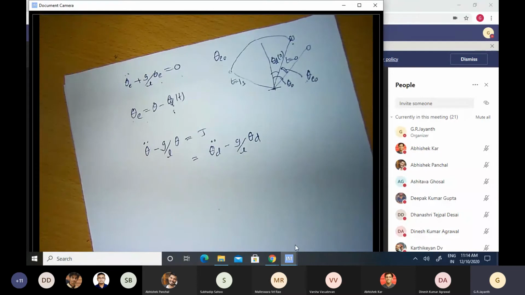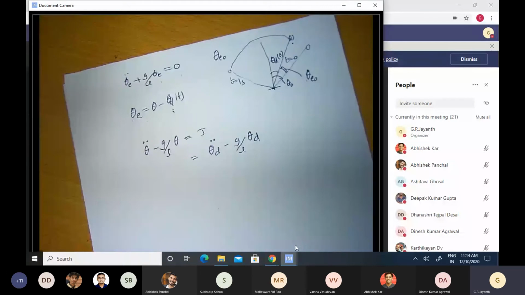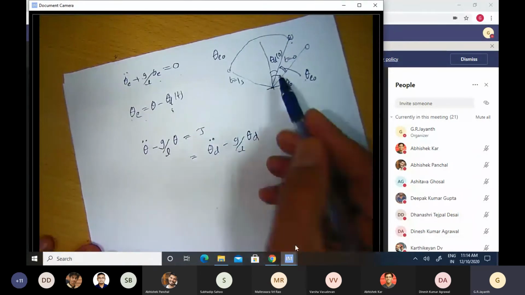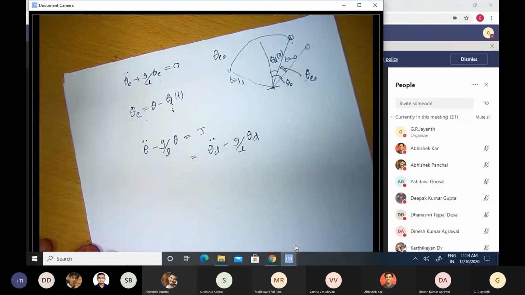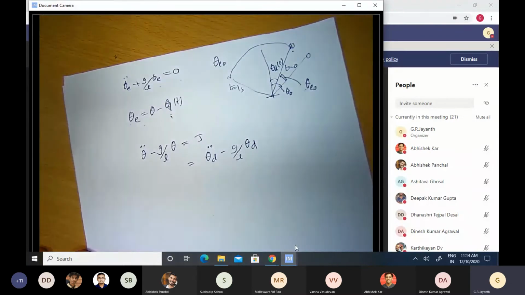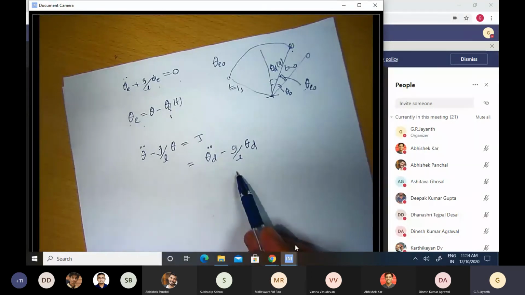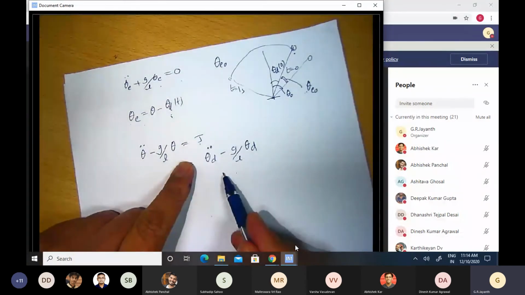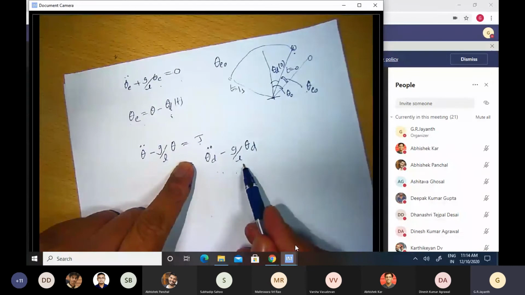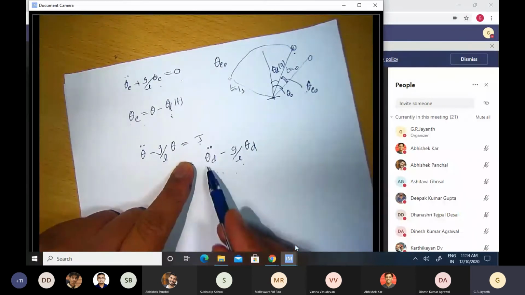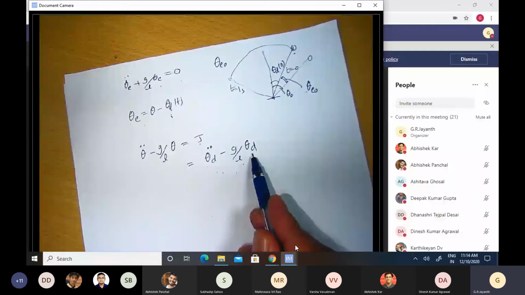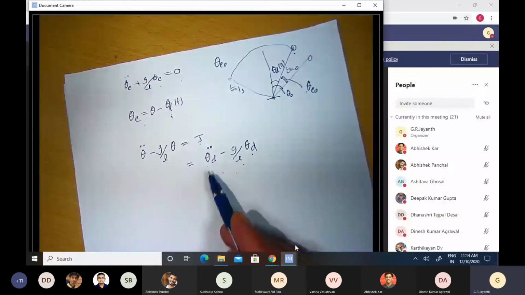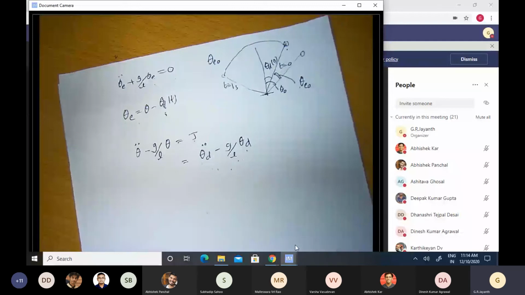But suppose for a moment we had the common sense to invest in a sensor and measure this angle theta of the pendulum in real time. There's a potentiometer which I can use, let us say, to measure that angle or some such thing. Then I have real-time information about where this pendulum is situated at any particular point in time. If you notice here, the torque that I have applied does not depend on my knowledge of where the pendulum is located right now. It only depends on where I dream it ought to be located. Theta d is what I want it to do. I have no information of what it's actually doing.